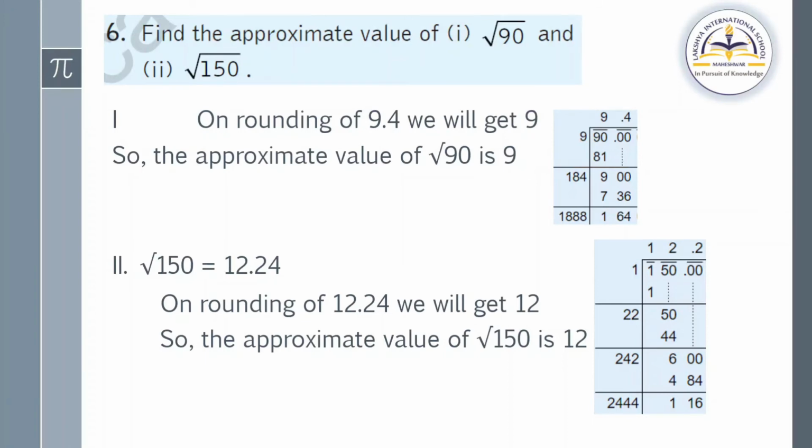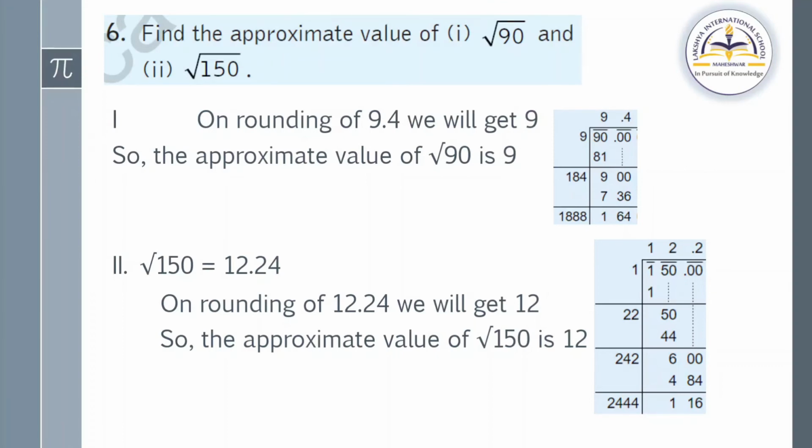Now we have taken 900 and we have taken a decimal here because we have put 00 to find the exact value. So now 900 it will be... Now you have to use and solve for this. You will get 9.4 as an answer. While rounding off 9.4, we will get 9. So the approximate value of root 90 is 9. Here we have to find an approximate value, not an exact value. Okay, approximate value you can easily find.